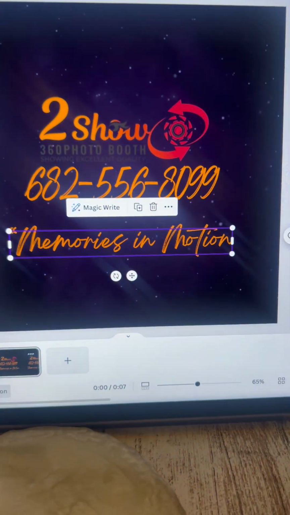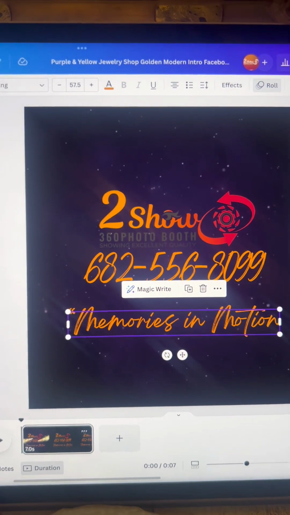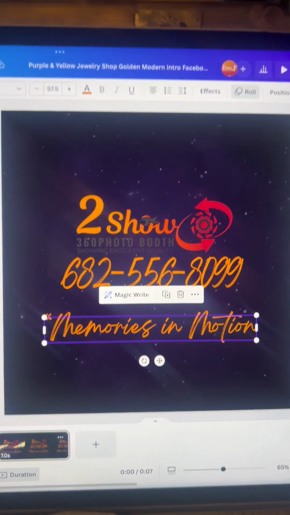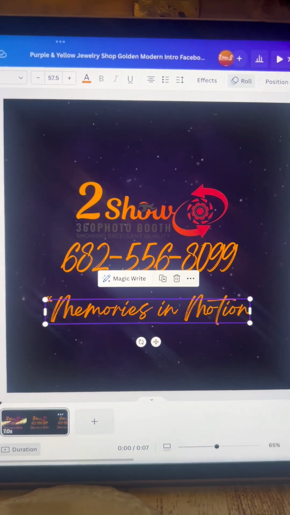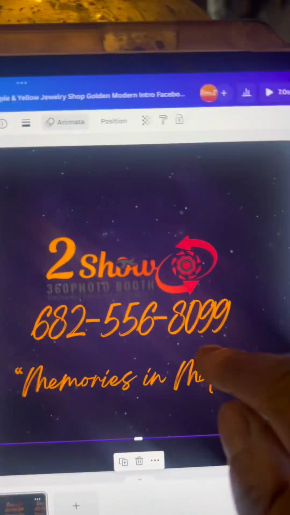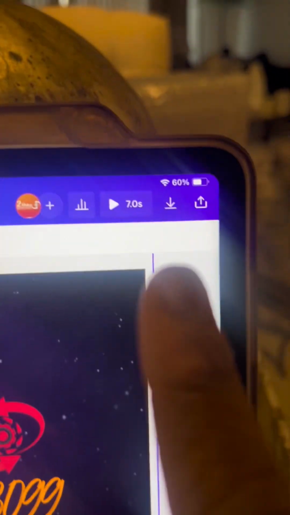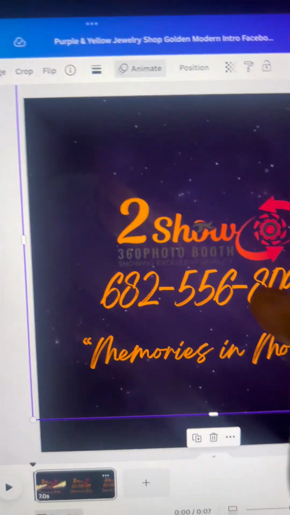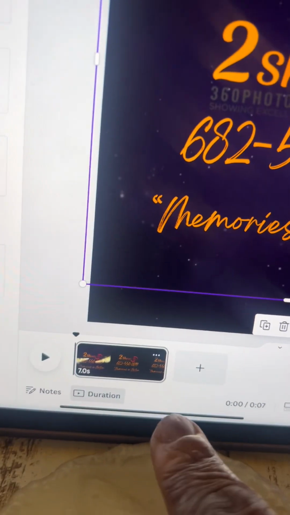And guess what? You can even add music to this if you want to. But I'm not going to go through all of that right now. I just want to do something simple. Okay, so once you click that, you see down here. Now, this is 7 seconds. I don't like outro to be more than 5 seconds. Okay, so this, let's see